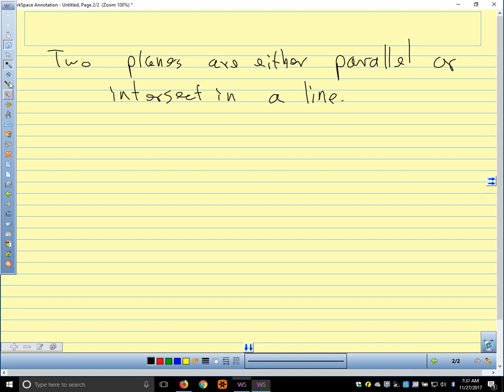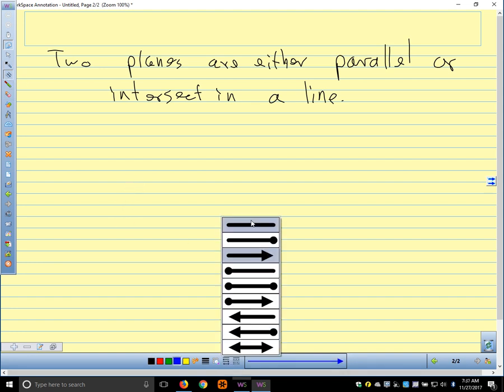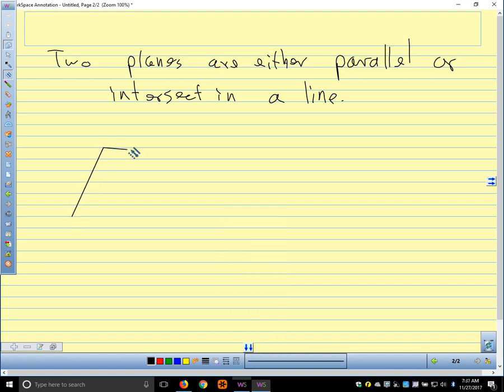So what we're talking about is if we had a plane like this, I'm going to draw a picture here, like that. So here's one plane, and it's going to intersect another plane back here, like so. Those two planes are going to intersect at some angle. We can figure out that angle of intersection